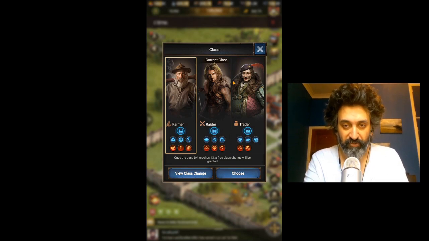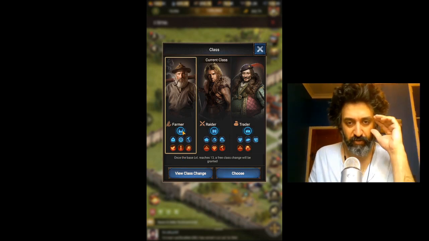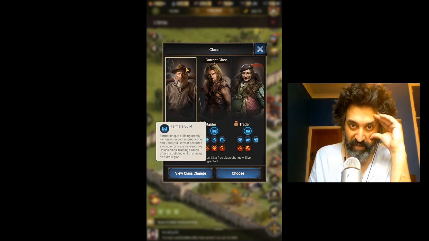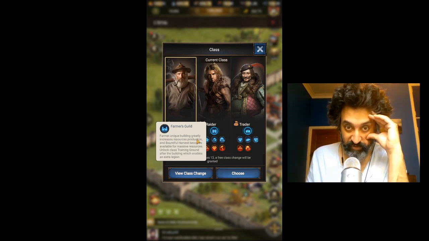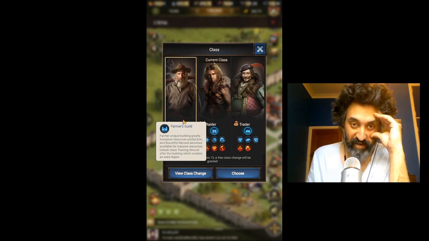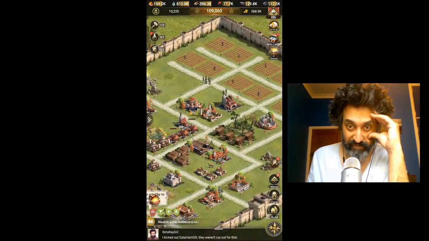The alliance should not be focused on resource protection. There is another form of resource protection, and that comes through the trader, which we're going to look at in a second. But let's just go through the class benefits here. Now, the farmer itself has the Farmer's Guild, which is a unique building that greatly increases resource production, and bountiful harvest becomes available for massive resources. The higher you upgrade the Farmer's Guild, which is the building that looks like this over here,